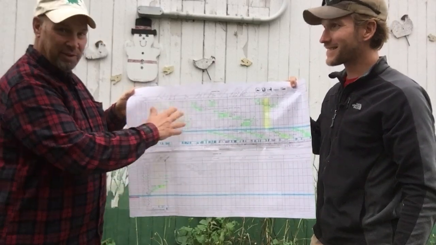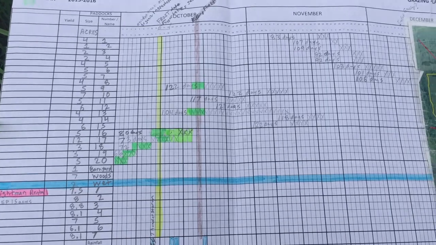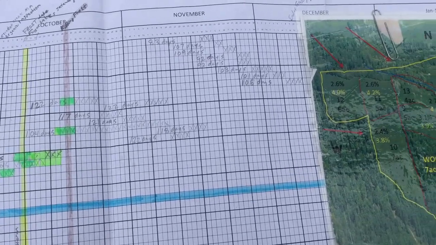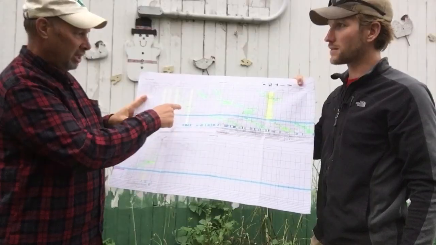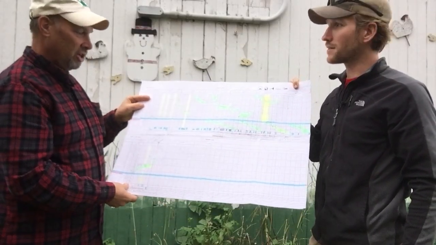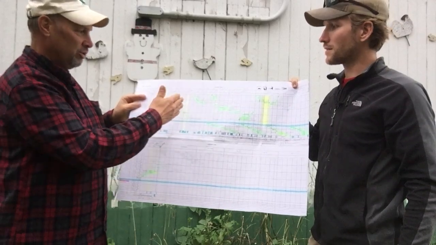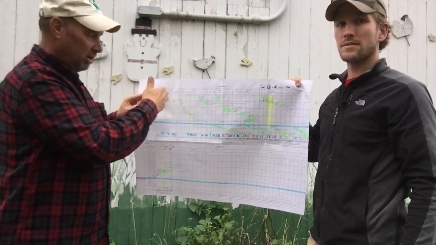Yeah. So if you look closely, you'll see in color, that means that actually happened. And anything in pencil, which I highly recommend, you plan in pencil and then you mark that it happened, because you're going to make mistakes. But it basically gives you a tool to tell yourself where they were, where they are,